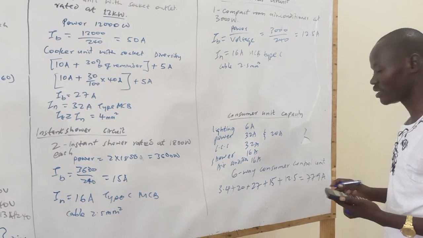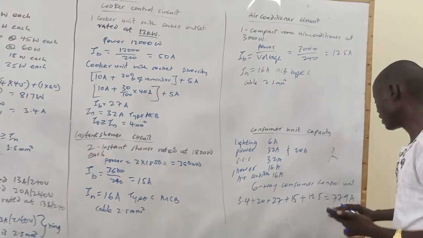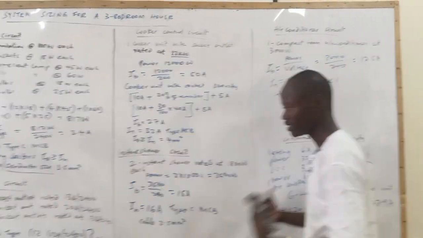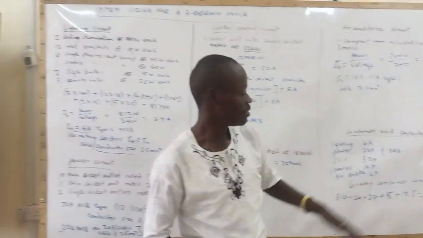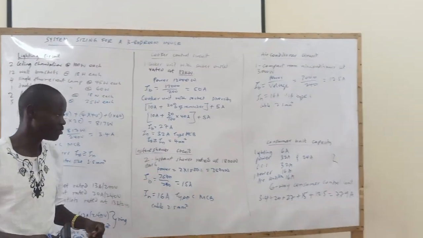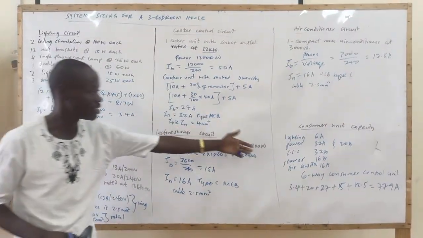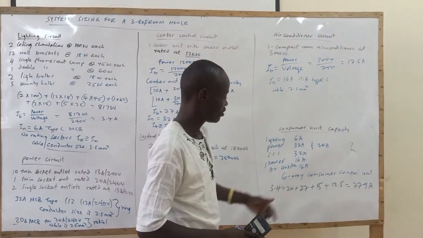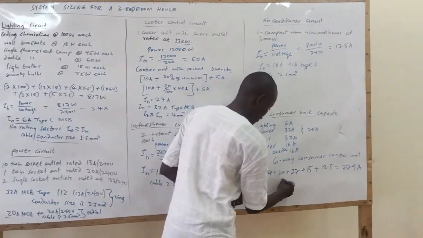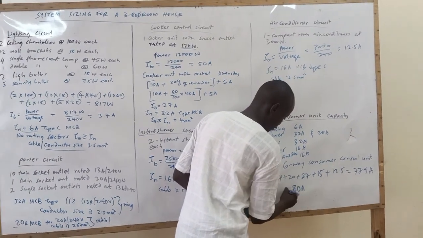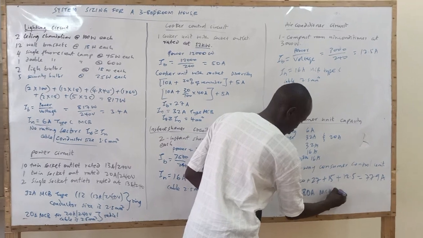But now the problem comes from the issue of safety. But if you use 80, it will be even more effective, because whenever there's an issue and all the circuits are on at the same time, the circuit breaker should be able to trip and cut off the supply. So you can see, we know we need a consumer unit with 6 slots and also an ample rating of either 80 amperes, MCB, also type C,